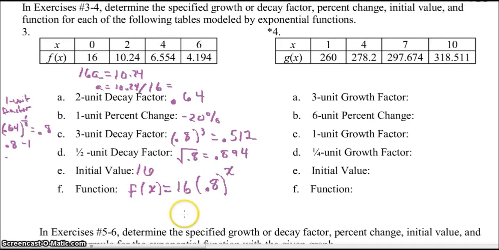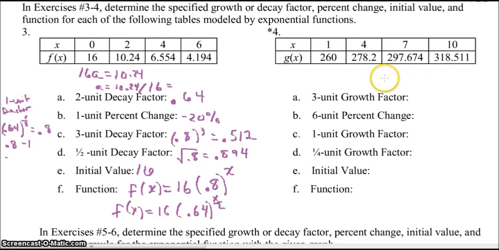Now there's other ways that you could have written this one. You could have used the other decay factors, like you could have wrote f of x equals 16, and then if you use the 2 unit decay factor, 0.64, you could take your x and divide it by 2. Anyways, number 4,